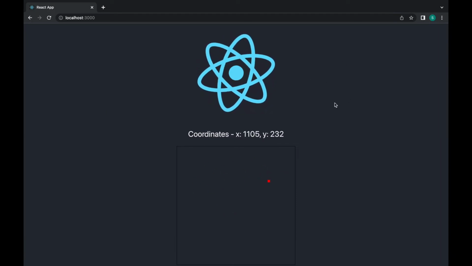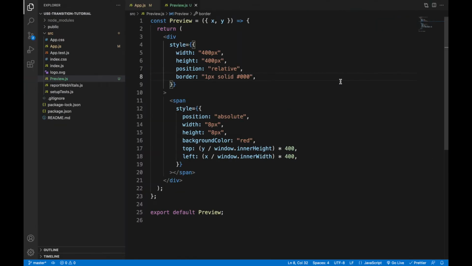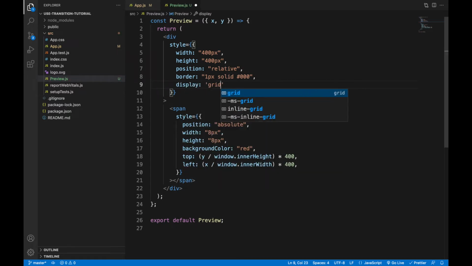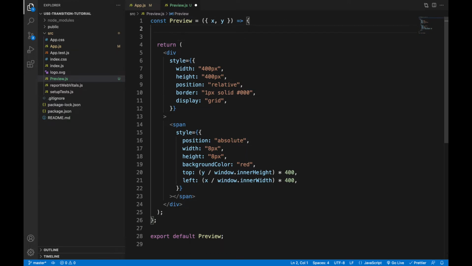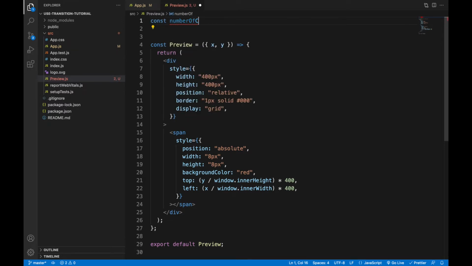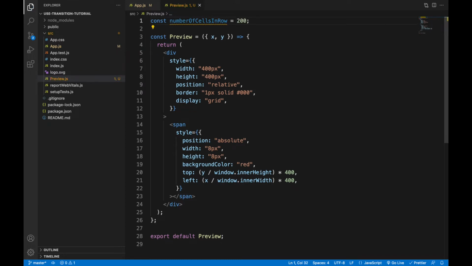Now let's make this preview component really complicated and add some large amount of data in order to make rendering really a hard task for our React app. So I would like to display thousands of square elements inside of this preview, and I want to make them have a random color background. So I will set display of the wrapper element to be a grid, and above the component I will declare some constants, and for the number of cells in a single row I will specify that I want 200 of them,